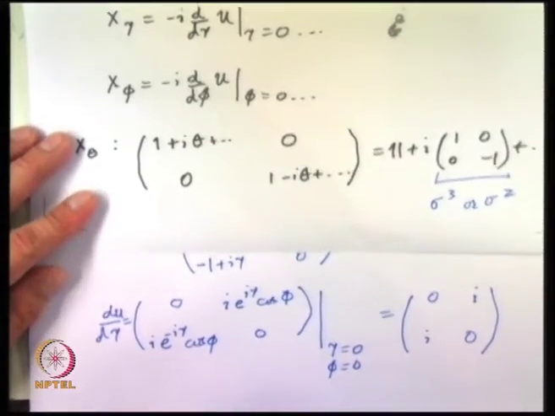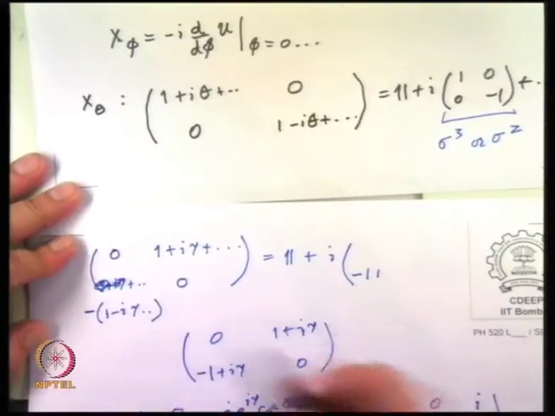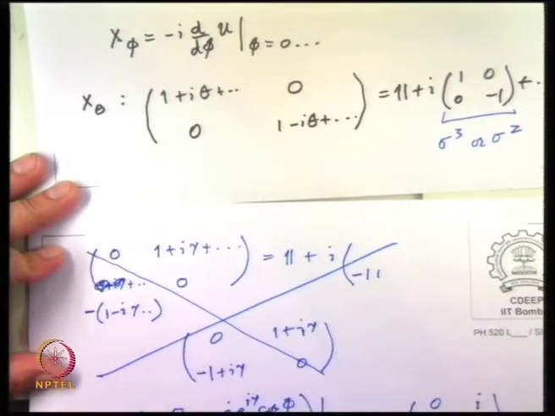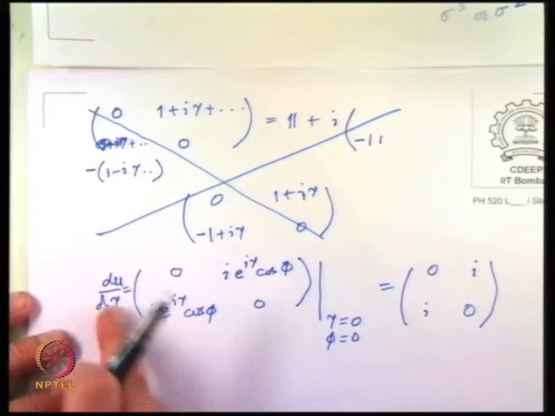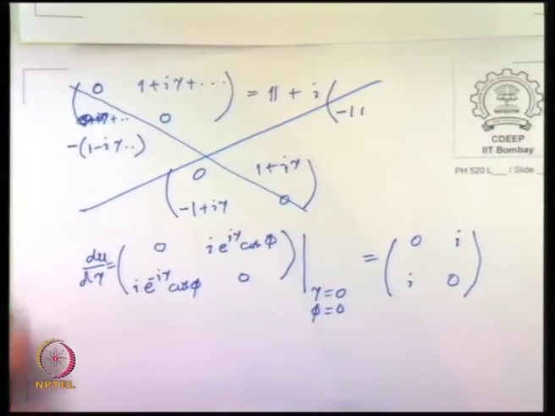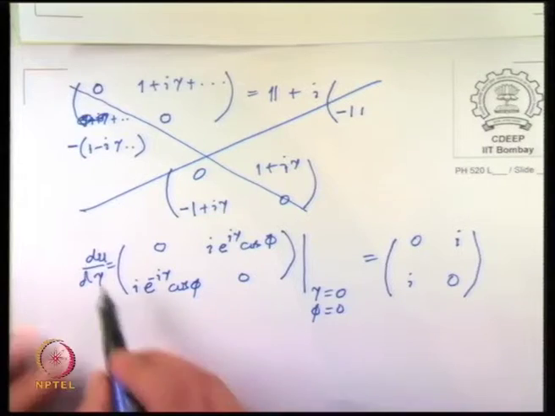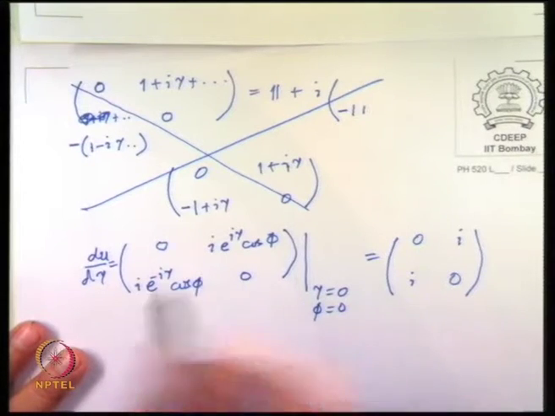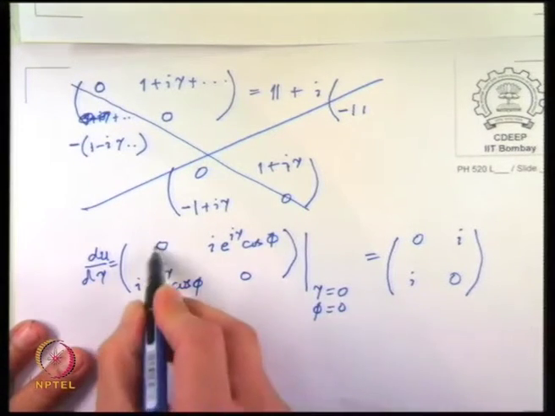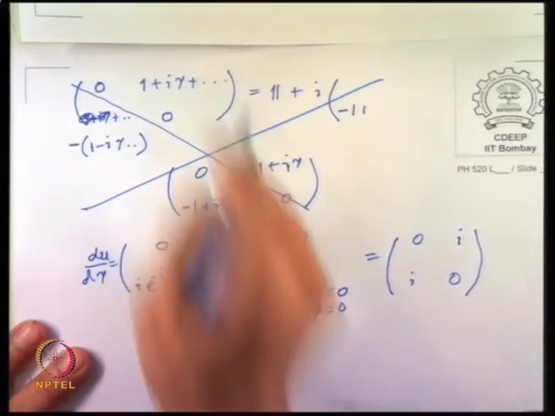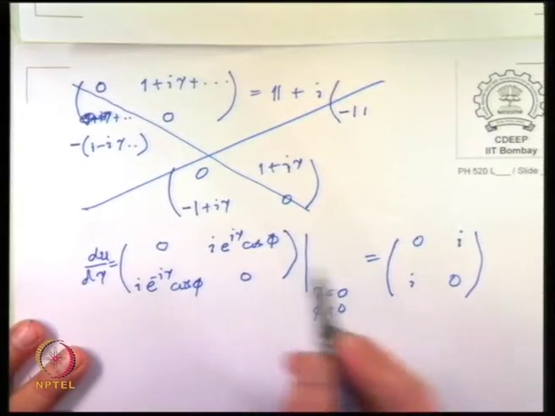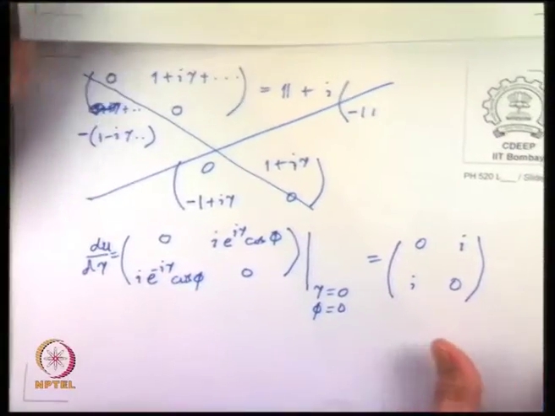Good. Okay, so I made the mistake: the trick that works on the diagonal of course doesn't work in this case, because you cannot extract a diagonal identity matrix. So you have to do the matrix differentiation as a matrix function, which means you differentiate each of the elements individually with respect to the parameter. This didn't contain any gamma, so I set them to 0, and they are sin phi, so I set them to 0, leaving cos phi open at first, and then we get from differentiation this matrix.